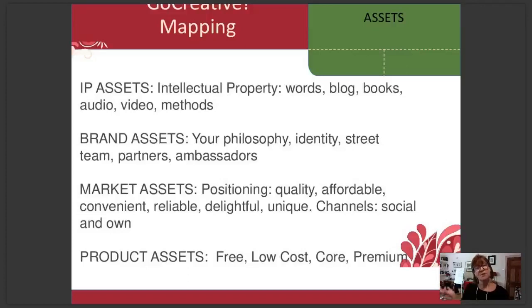Obviously, the writers among us don't think about books in that way, but it's very common in business to write a book in order to put it out there that you are an authority on your specific area. And then there'll be your core product, and that should generally be a medium price range. And you may think then of also adding in some sort of premium product.